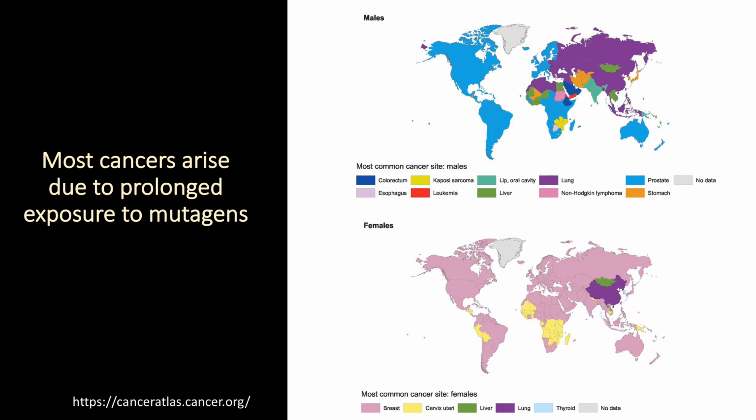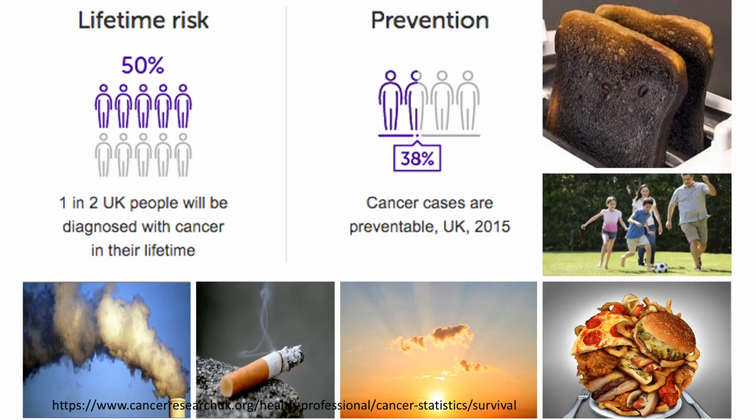So what this suggests is that the risk of developing certain types of cancers is largely driven by our lifestyle and exposure to certain mutagens and carcinogens. So the lifetime risk, the statistics in the UK, is that 1 in 2 of us will be diagnosed with cancer in our lifetime. But almost half of these can be prevented. 38% of cancers in the UK, at least, are preventable because it links to how our diet and our lifestyle,